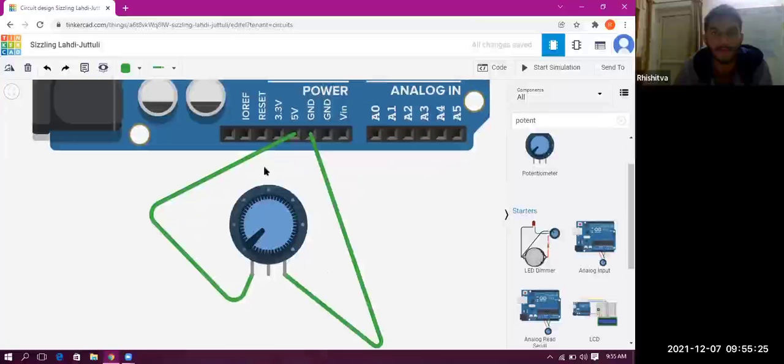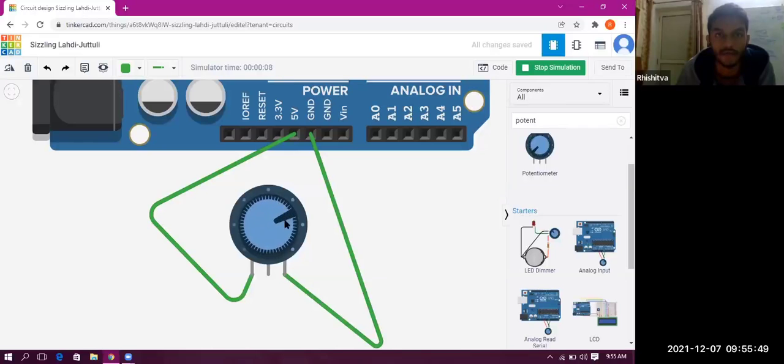So what is happening over here? The circuit is having 5 volts of potential difference. But when I increase it, it will decrease the resistance. So what will happen? Let's say over here, the dial is like this. So the voltage that would be going, let me just start the simulation. Okay, it is running. So I just wanted to rotate this potentiometer. Over here, it will be having 0 voltage. But when I increase it, the voltage will increase.